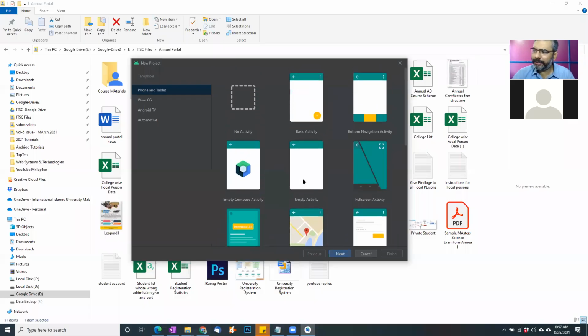ठीक है. So the first thing we usually do is we either go with an empty activity or we start with the basic activity. Empty में क्या होगा कि कुछ भी नहीं होगा, blank, absolutely nothing is involved here. When we go with the basic activity, उसमें basic एक button और एक आधी operation by default बनाया होगा ताकि आप वहां से कंटिन्यू करें. तो at certain times we go with a blank, at certain times we will start with basic activity. Okay, तो ये आपसे मैंने empty activity पे फिलहाल क्लिक कर दिया.